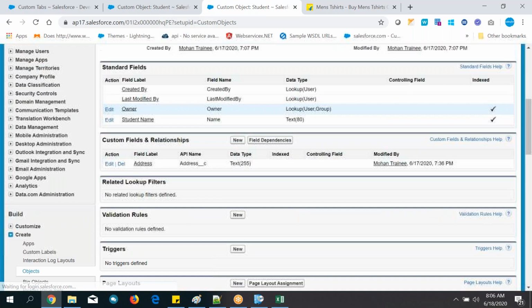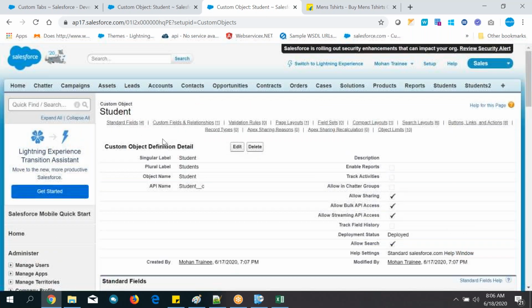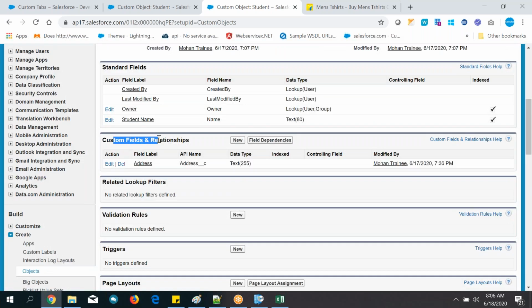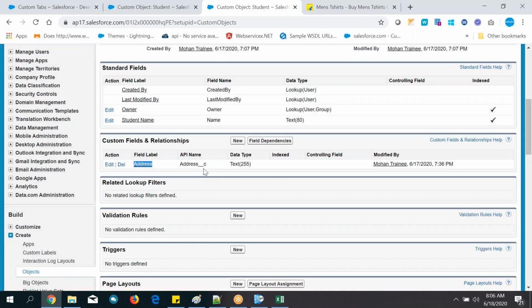Okay. Now go to custom fields. You are in which object? The object detail page. Student object detail page. Okay, custom object. So on the student object detail page, you have created a custom field called address field, and forget about the API name and other kinds of things. Tomorrow we will see. Okay, address field. I have created an address field. So where can I see this field while entering the data?